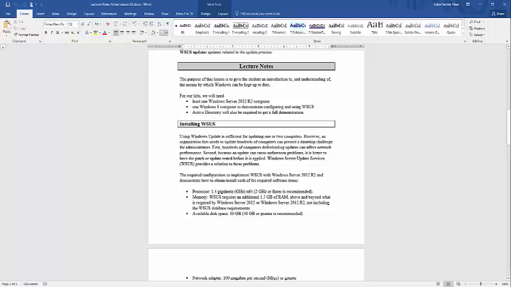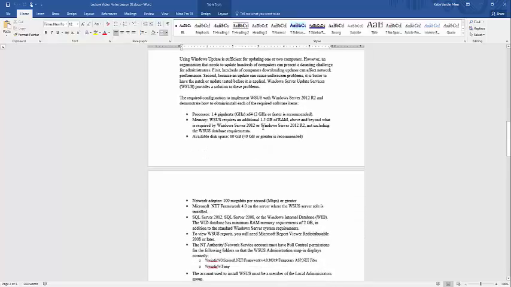Using Windows Update is sufficient for updating 1 or 2 computers. But we want to do a mass update of all of these systems at one time. So typically, you're not doing just a small amount. You can go through and do individual updates, but you're talking hundreds of computers. Similar to Lesson 1, where you put images on many computers at one time, with this role inside of Windows Server, WSUS, it's to do updates to hundreds of computers at one time. So same concept, different thing that we're updating.